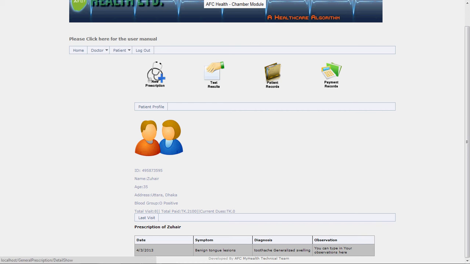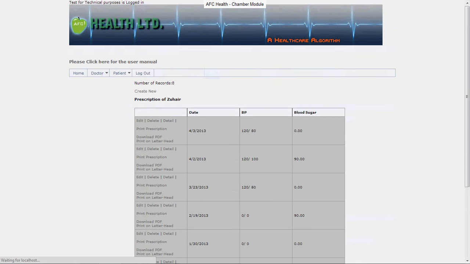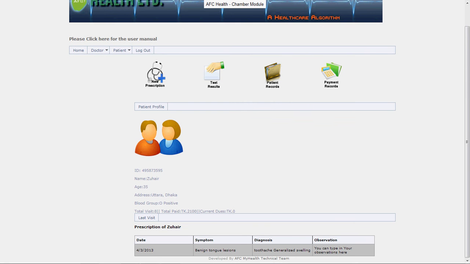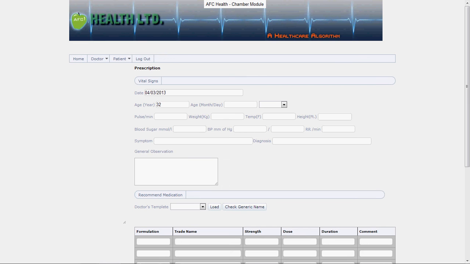Now if you want to find out his previous records, the complete records are in patient record. And if you want to add a new prescription, you will click on new prescription. The age is auto-calculated. You have the option of adding months or days after the age if required, if you want more precise information. The top part of the prescription deals with vital signs,